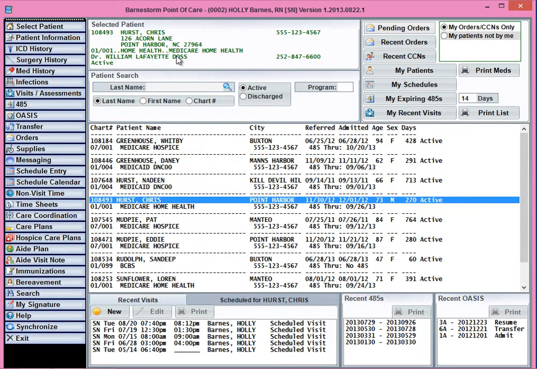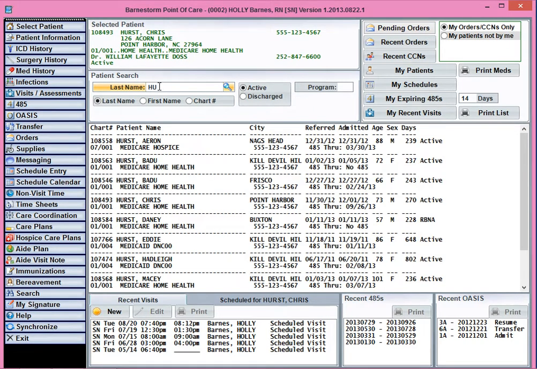When you pull up a patient using the My Patients tab, or by entering the first 3 letters of the last name, or the first letters of the first name or the chart number under the patient search, a list of patients will appear with the following information. The first line shows the chart number, the patient's name, the city where the patient lives, the date the patient was referred,